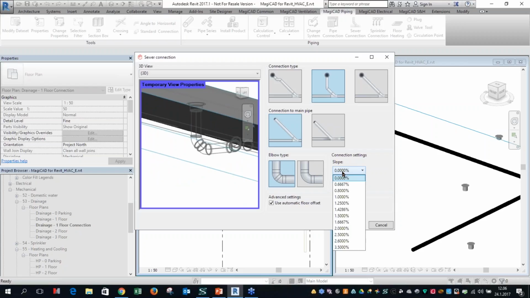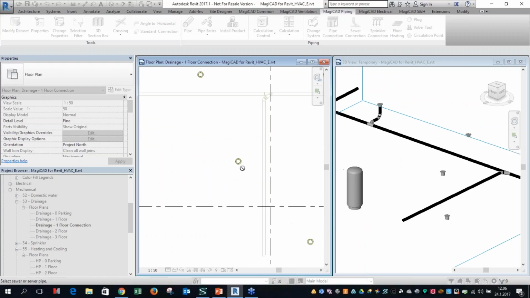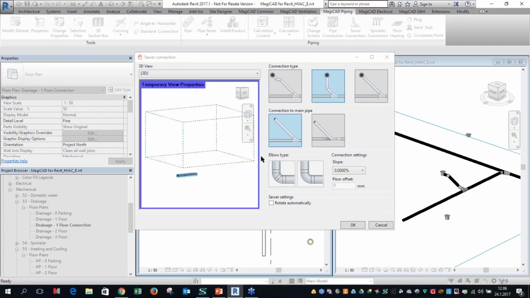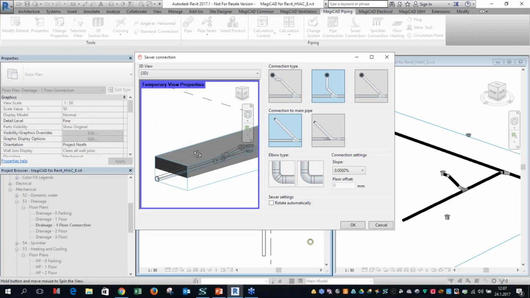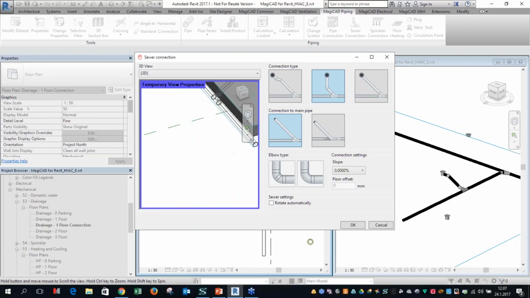You can also have a slope in your connection pipe if you want. And then OK, and now you have a connection. But then the one new thing is that when you make the connection here, you have actually different possibilities, like here, connection to main pipe. And this is the old one, the free connection, and now it always tries to make the connection so that it's connected to the side of the main pipe like this,